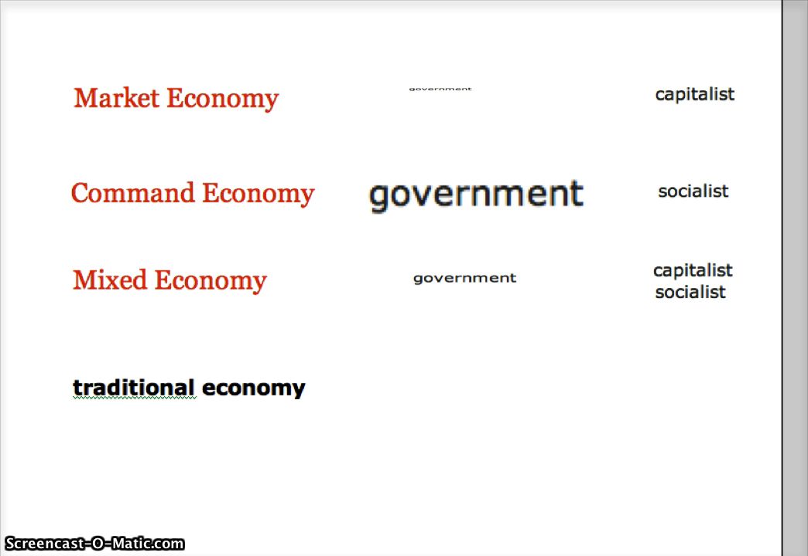You can see here we have four different types of economies off to the left. And we're going to talk about the role that they play in government and the role that they play as far as being capitalistic or socialistic. A market economy is first. In a market economy, the government plays a very small role, and you can see how I have the government really small here. What determines the price